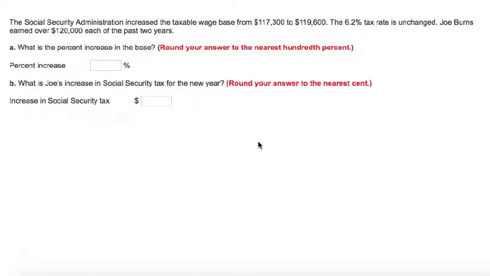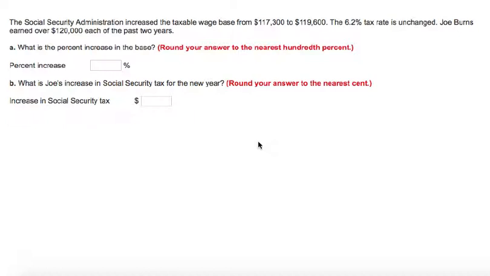In your homework, the Social Security Administration increased the taxable wage base from $117,300 to $119,600. What that means is that there's a cap on how much you can get taxed. If you make over $120,000 a year, you only pay tax on the $119,600. So if you make $1 million in wages, $1 million doesn't get taxed for Social Security. It gets taxed for federal and state government, but only $119,600 of those dollars gets Social Security